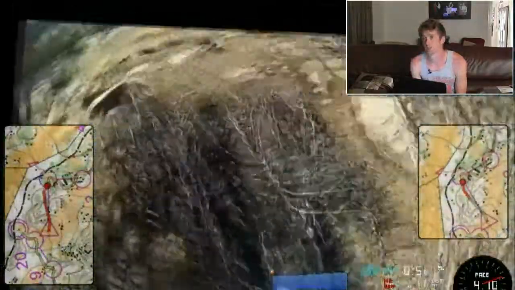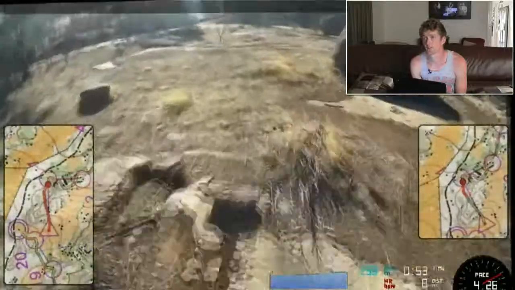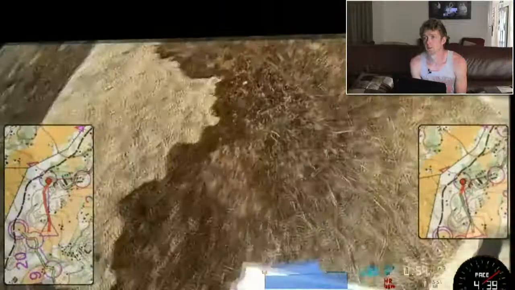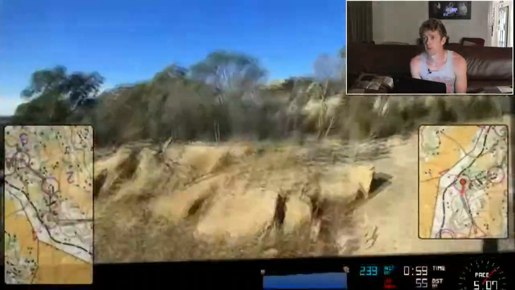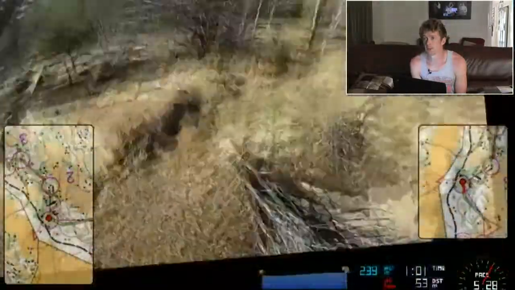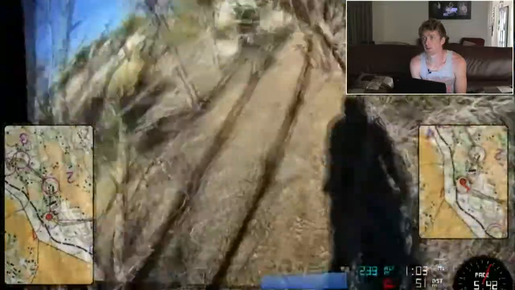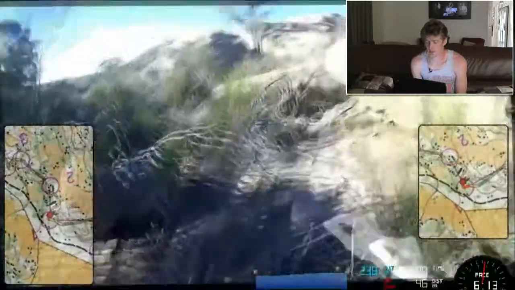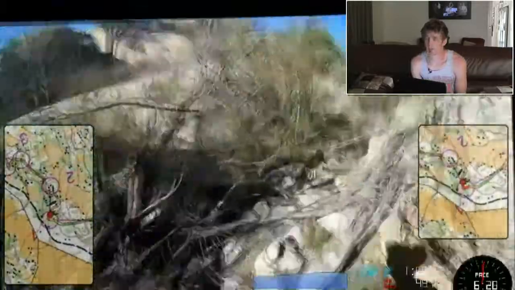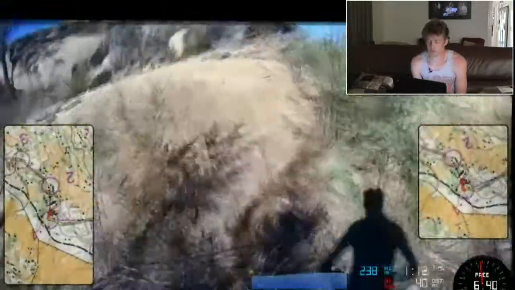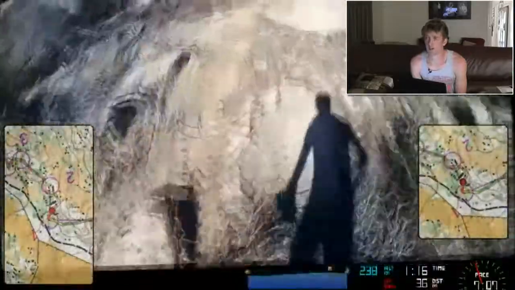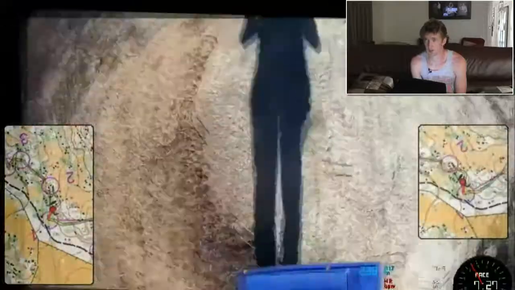Here we go, there's the boulder appearing. So, into the boulder, punch the control, look at the map, looking for a feature to get out. Look up, there it is, those big cliffs, really obvious. Want to run on the left hand side of the first one, because that takes me out in the right direction. There's then the next big obstacle there, run around the right hand side of that, use that as the line feature,